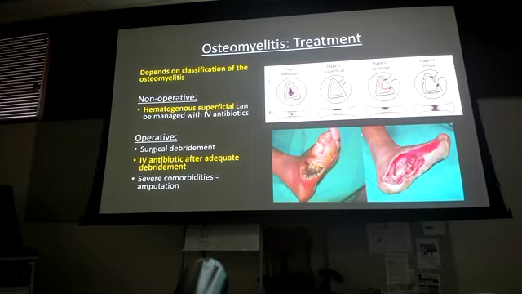Okay? Osteomyelitis treatment. I gave you this picture here. I want you to memorize this picture, right? And I want you to make sure that you understand. No, I'm joking. So I added that so you guys understand that osteomyelitis is not just osteomyelitis. Getting to the question that Mr. Frazier had,